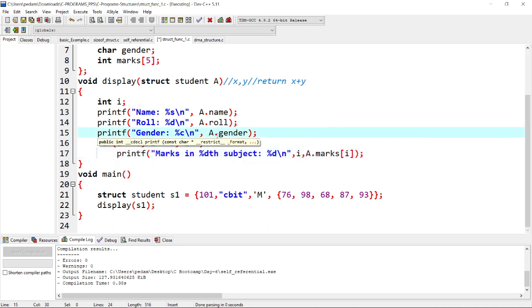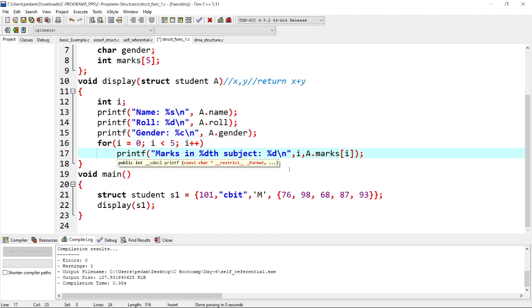You should understand over here because it is a structure, right? Printf marks in the deep subject means now what I'm going to do: I have printed an iteration statement from 0 to 5, right? In the 0 to 5, that has been printed. Now again, both are numbers, right? The first number is going to be the 0th subject, right? So the 0th subject I value